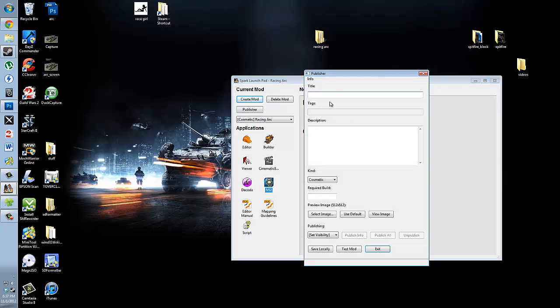We'll next go into Publisher and give our mod a name. And I'll call this Racing Arc Tutorial. Obviously you can name it whatever you want, and you pretty much have free range. Just make sure you follow the guidelines, you know, no swearing or all that stuff. In the description, put down your description, I guess. So, makes the arc look faster. And then, alright, this is a tutorial that you can follow